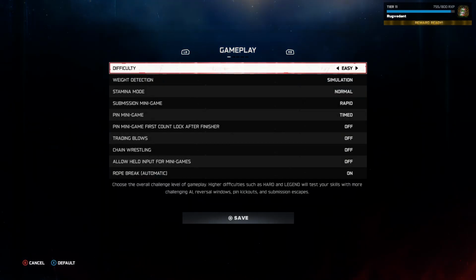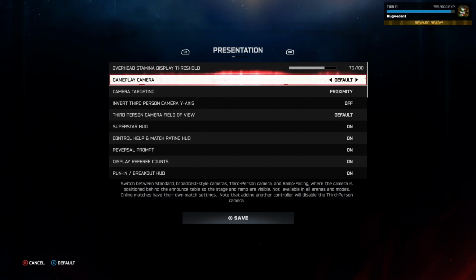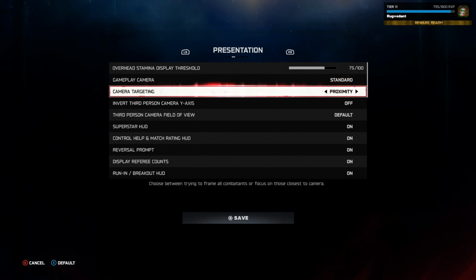Right here press RB on Xbox or R1 on PlayStation to go to presentation tab, and here we have the option for gameplay camera. So right from here you'll be able to change the camera angle, like you can go for default, standard, ram facing or third person, whichever you like. Just choose that. Underneath of that you have the option for camera targeting, so you can change it between proximity